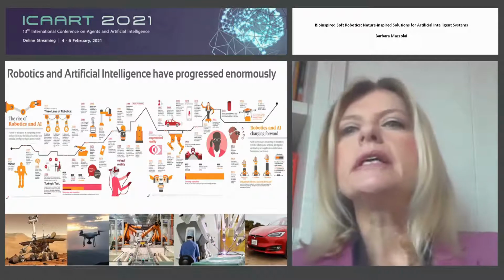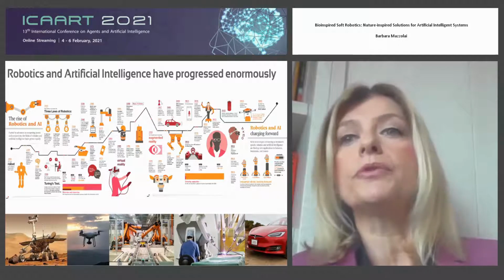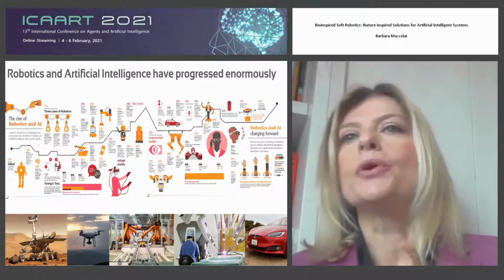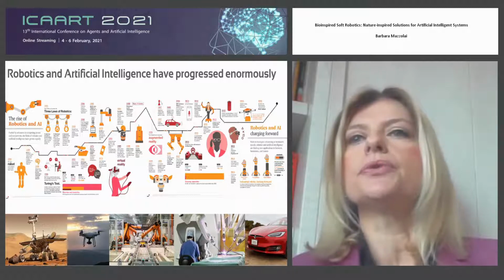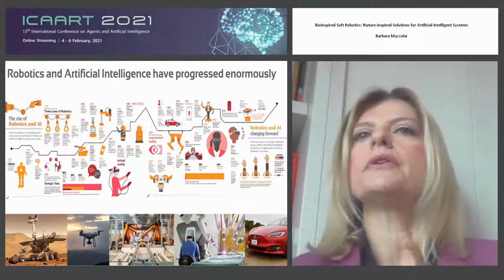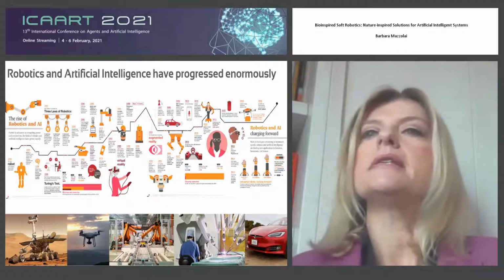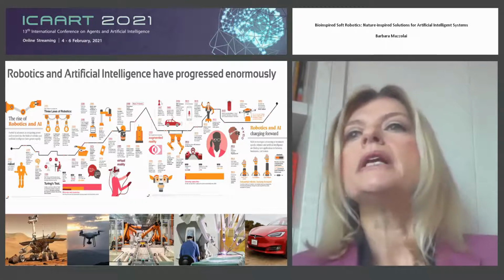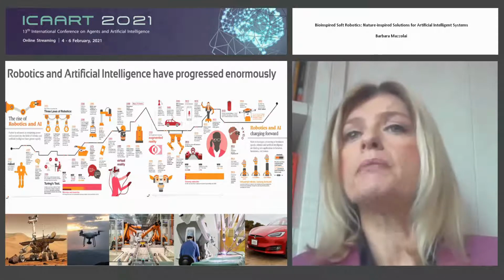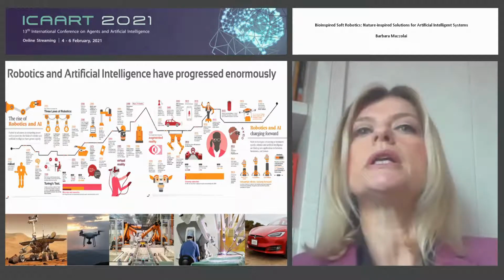But of course, what is clear is that in recent years, robotics and AI have progressed enormously. These technologies are already in our life, and they will be more and more integrated in our societies in the future. But concerning robotics, when we think about robots, of course, the first image is a robot in the industrial domain. Since they were born for that, they are really efficient in this context. They are really fast. They are pre-programmed by humans, and the interaction with the human operators usually is limited for